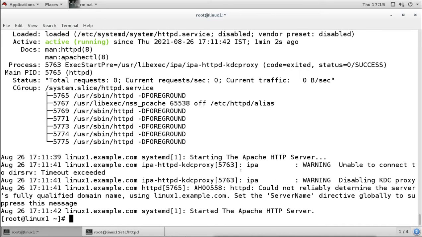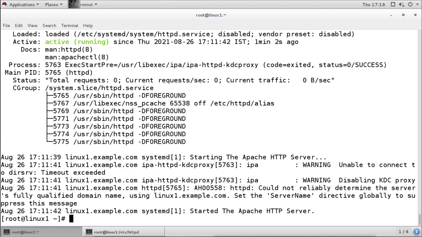Now this is because the IPA package is installed and it is trying to connect to the KDC, and it is not able to connect because we have not configured that. It is because of the package we saw in that config file. Now these two warnings are for the KDC proxy.